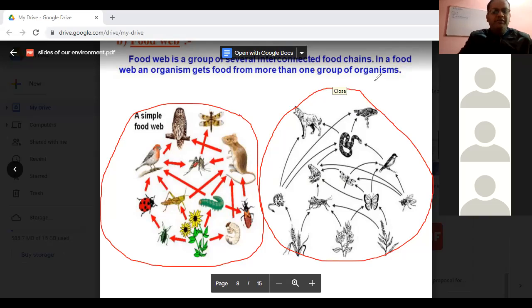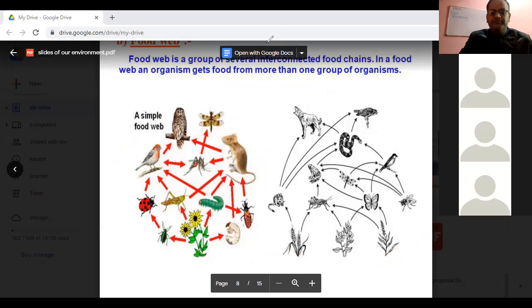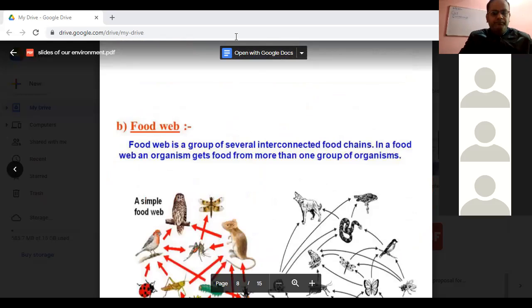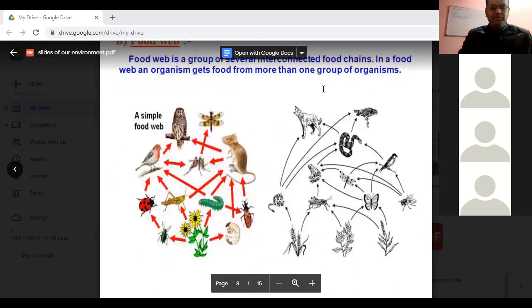So again, Pushkar, I am linking your question once again, as you asked me to repeat the ecosystem. Ecosystem is definitely the functional unit in the environment which is formed by the interaction of the living and the non-living components. Is it clear to you, Pushkar? You are having a doubt there. Okay, fine.